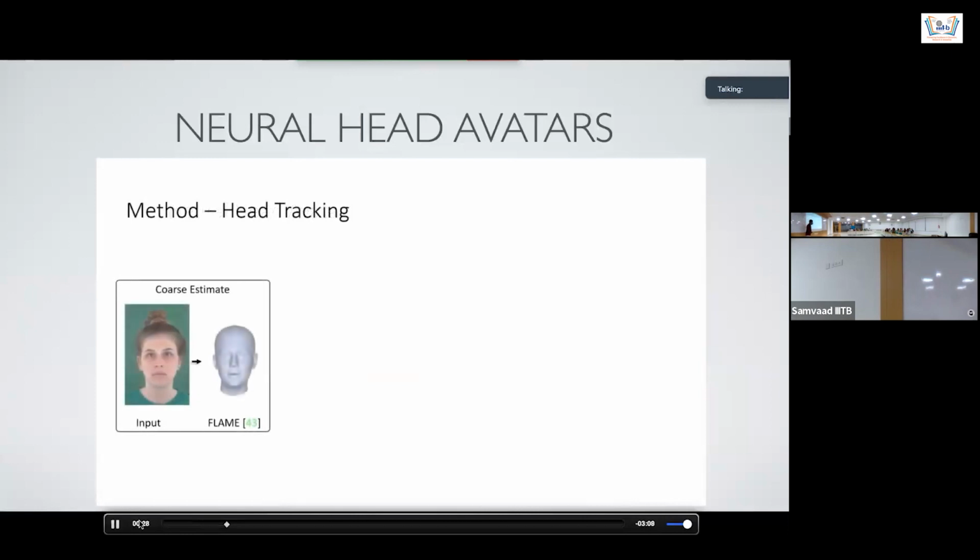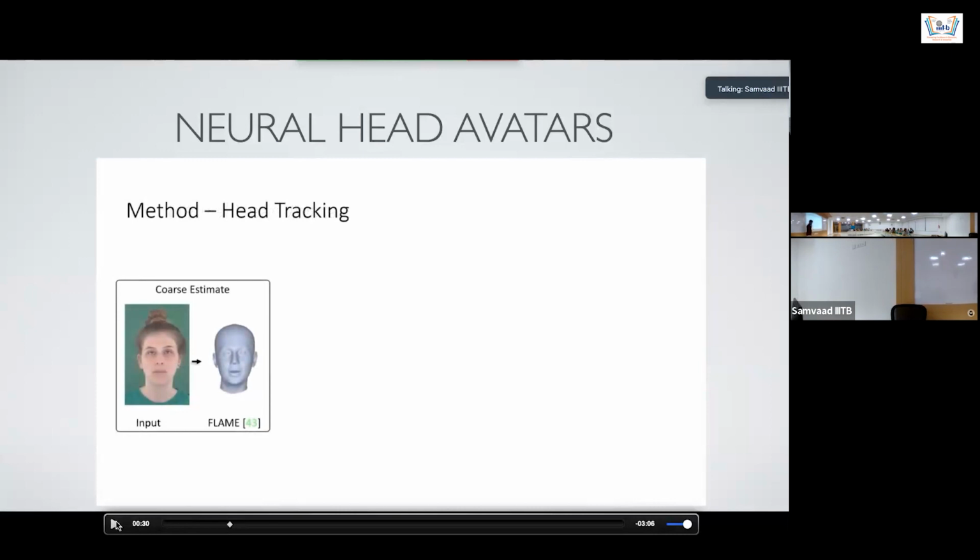to optimize the avatar from a monocular RGB video. So as you can see here, given a video, you can estimate the mesh, which is a video problem, right? We can estimate a mesh, and these are parametric meshes. So they are controlled by some parameters. For example, the shape,